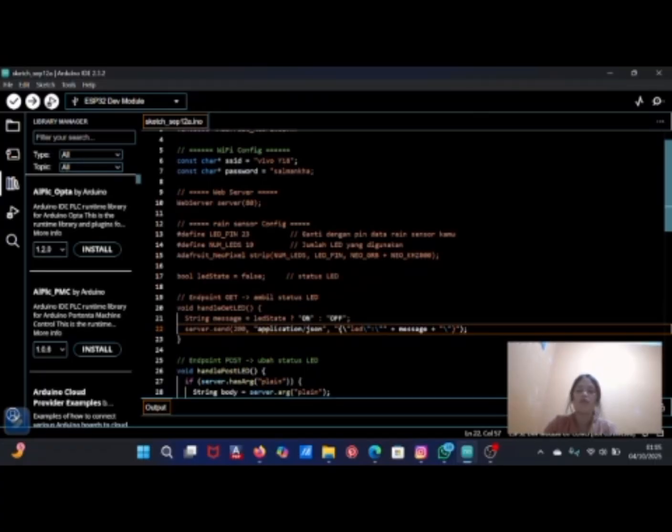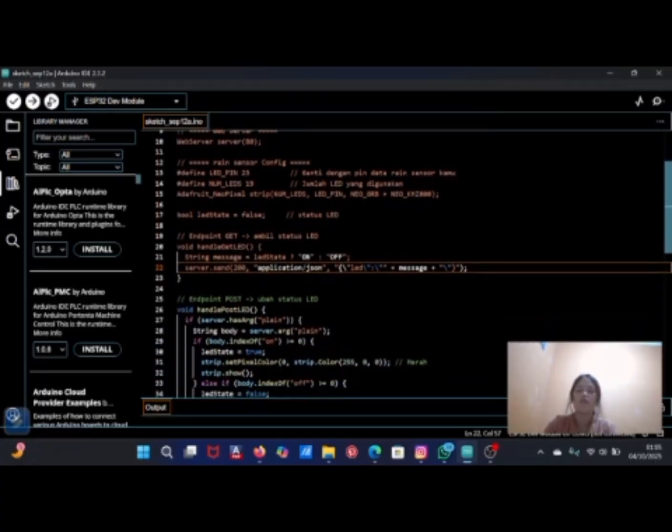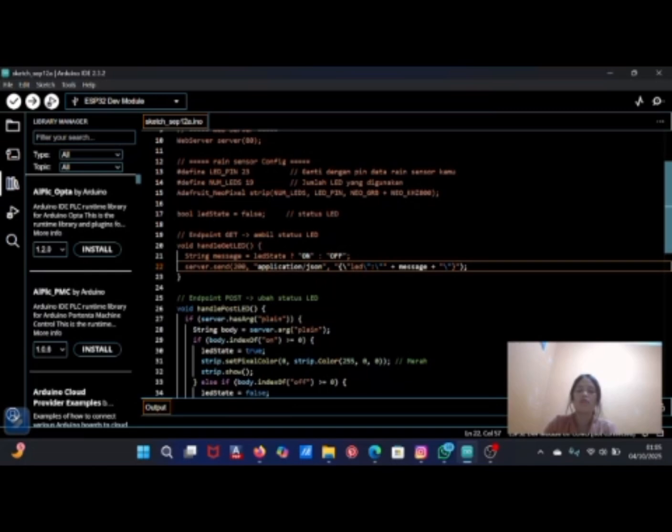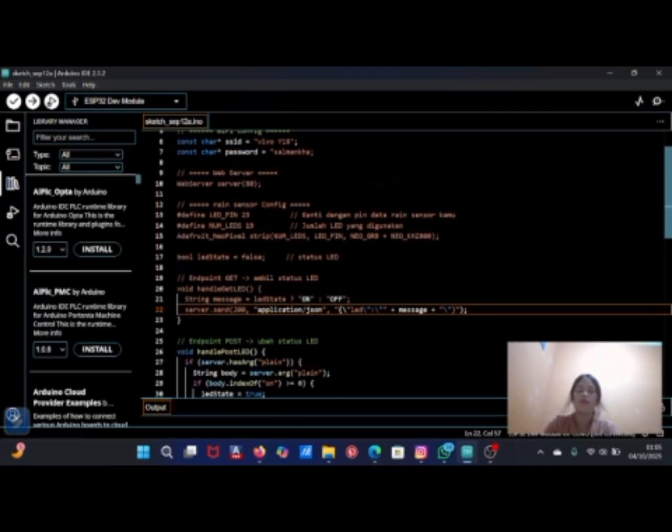Next, the configuration for the NeoPixel strip is declared. In this program, the data pin for the LED is connected to GPIO 23, and the number of LEDs is set to 19.